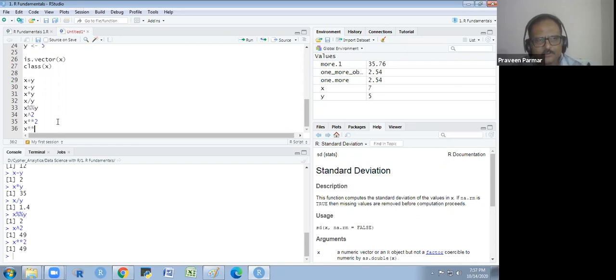X to the power 3. Or we could use the caret also, X caret 3. These two options we have for getting the exponents. Does that make sense to everyone? Okay.